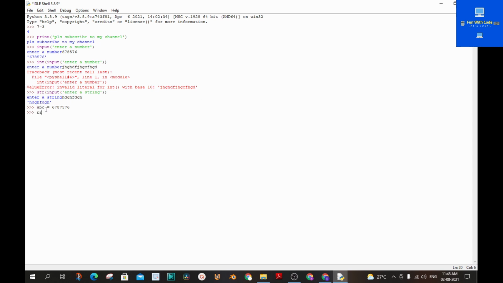And if you type print abc, it will print this value. I did not give this value here, but it directly prints that value. So these are called variables.